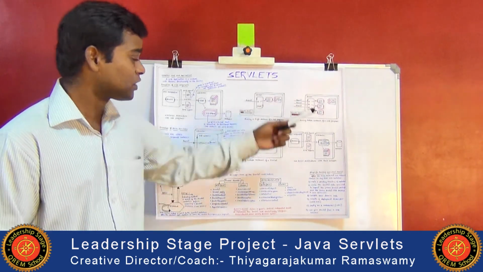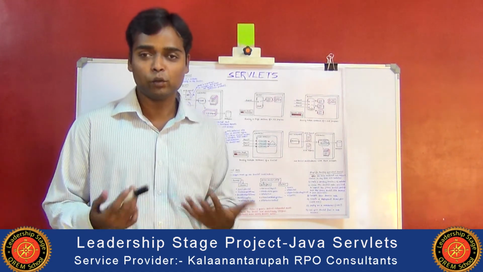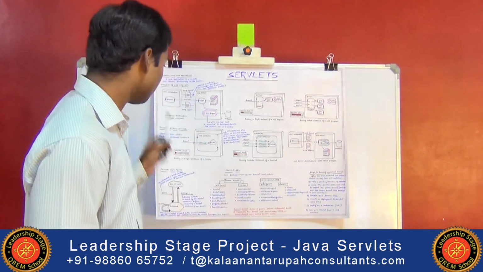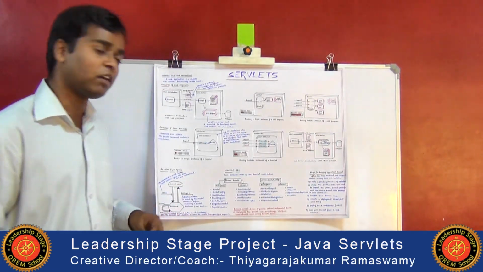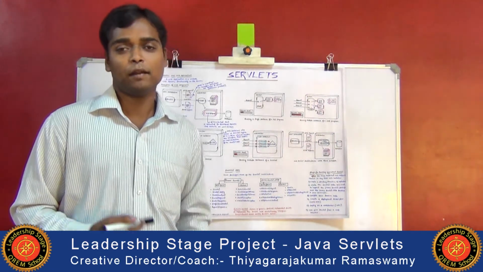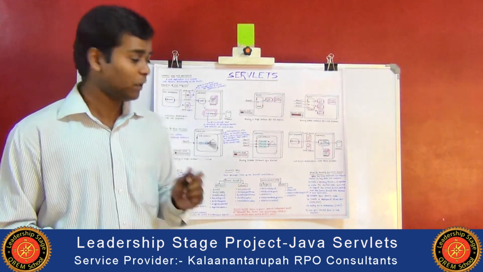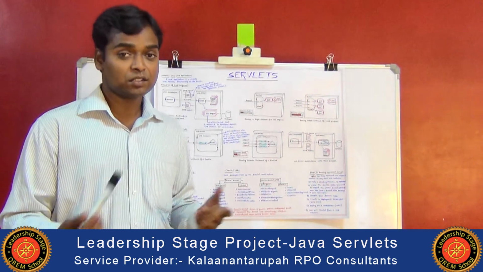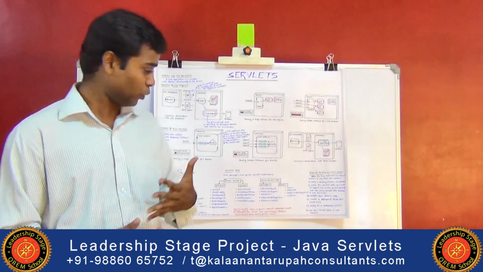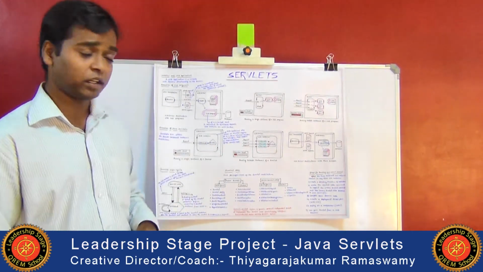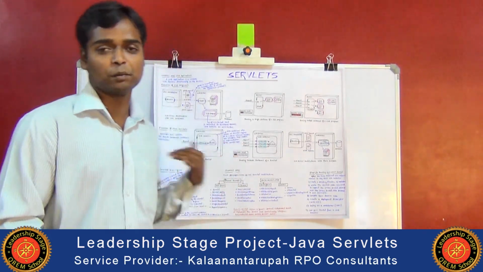The disadvantages of CGI programs led to the development of a new server-side technology, that is servlets. We are discussing servlets now. This figure shows the execution of Java servlets. Servlets, developed by Sun Microsystems, are similar to CGI programs. As with CGI scripts, we can write servlets to process the request and send back the response to the browser.